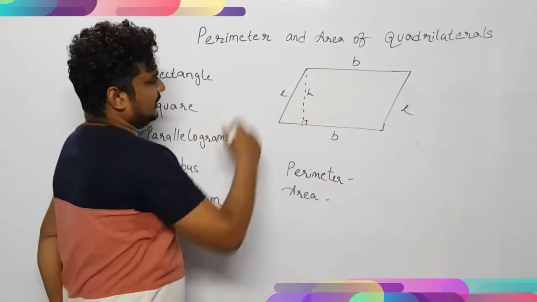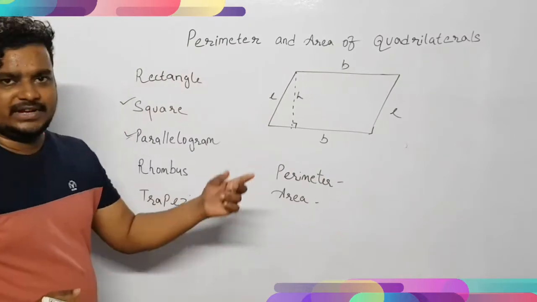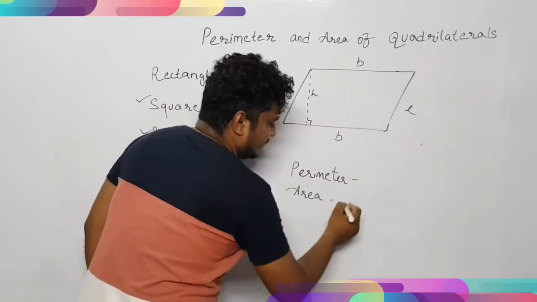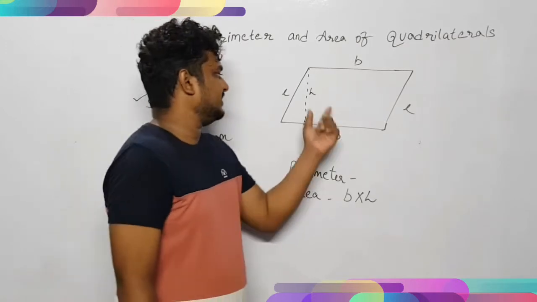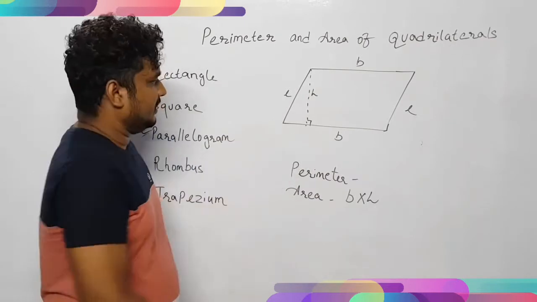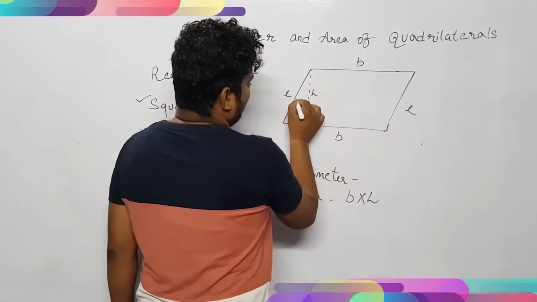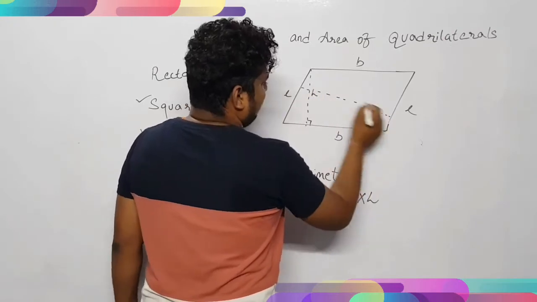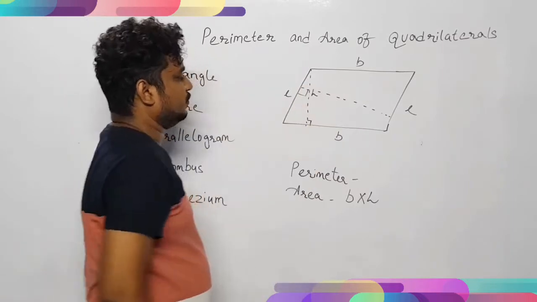If you are talking about the perimeter, it will be the sum of all the sides, and you can also say 2 into (L plus B). But when we are talking about the area, it will be base into height. This is the base and this is the height. The height is always drawn perpendicular to the base. Further, you can derive it like this also: you can construct one perpendicular line from here. Clear with this? You can draw this perpendicular, and this will be the height, which you can call h2 or anything else.